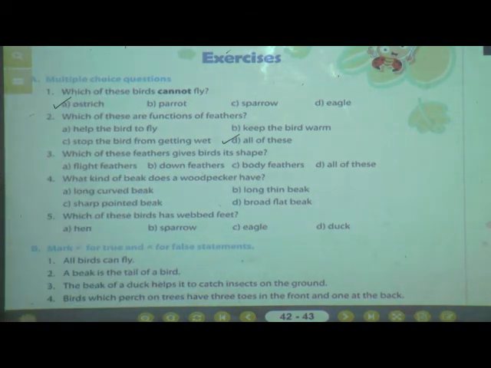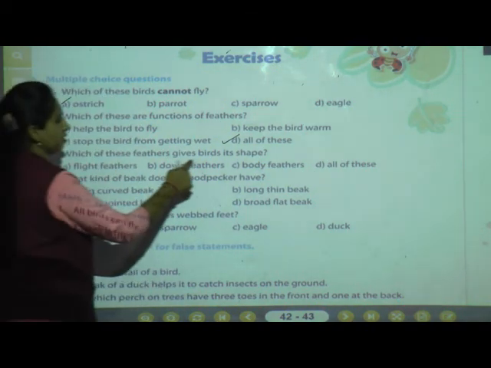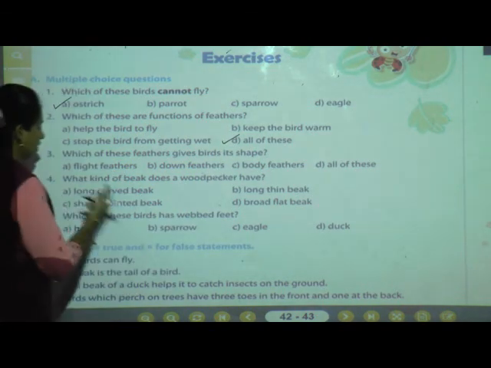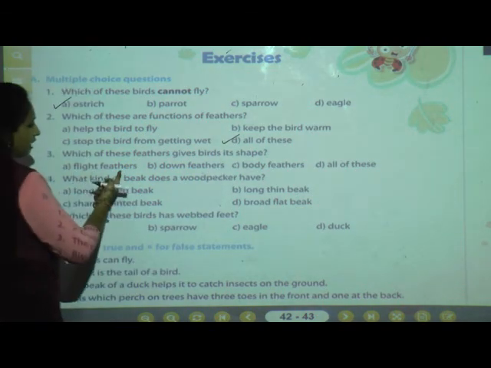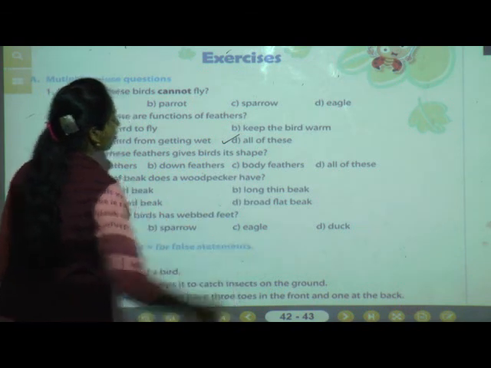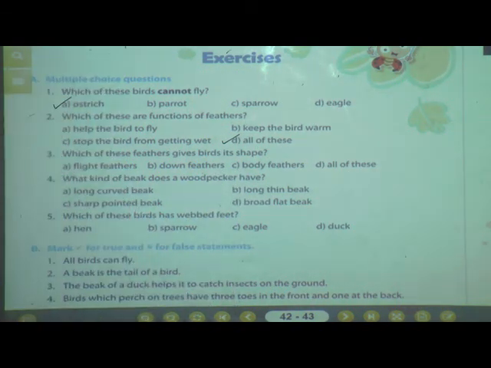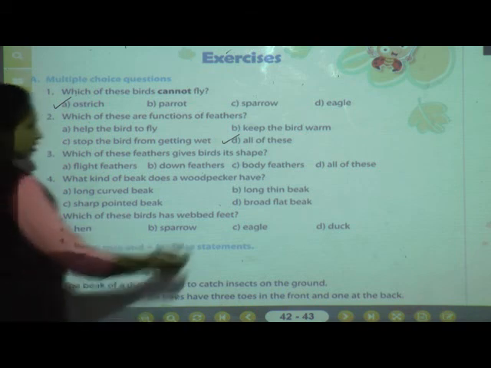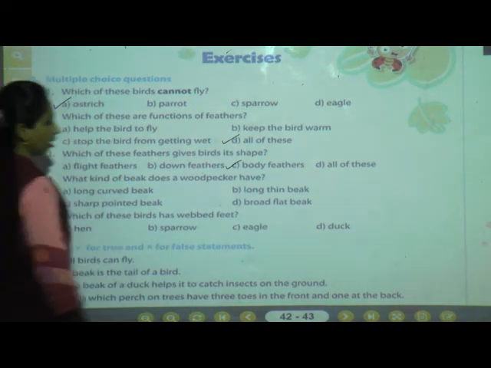The third question, which of these feathers gives birds their shape? Now see, the first option is flight feathers, down feathers, body feathers and all of this. Now tell me, which feather gives birds their shape? Yes, body feathers. We have seen the example of the peacock.